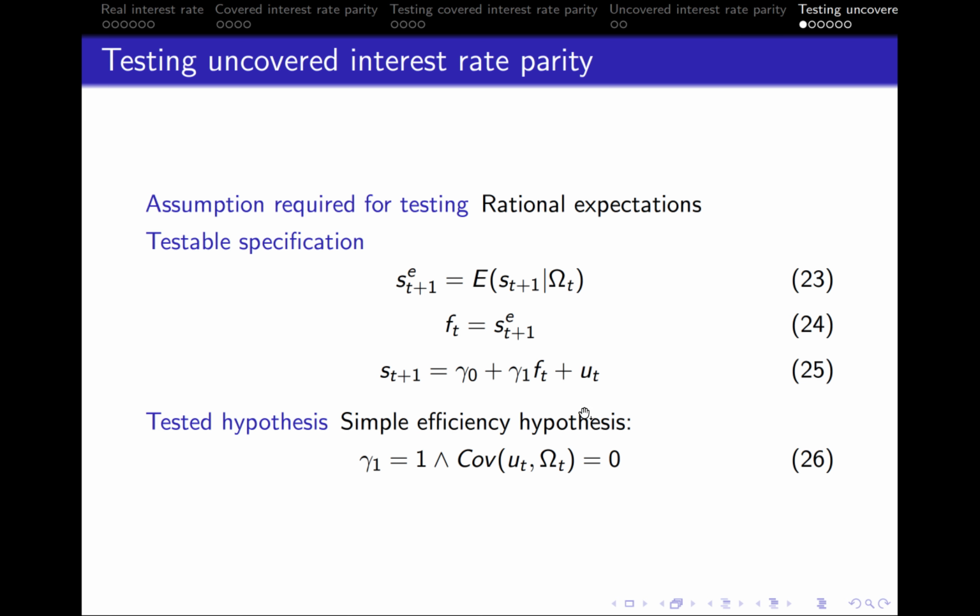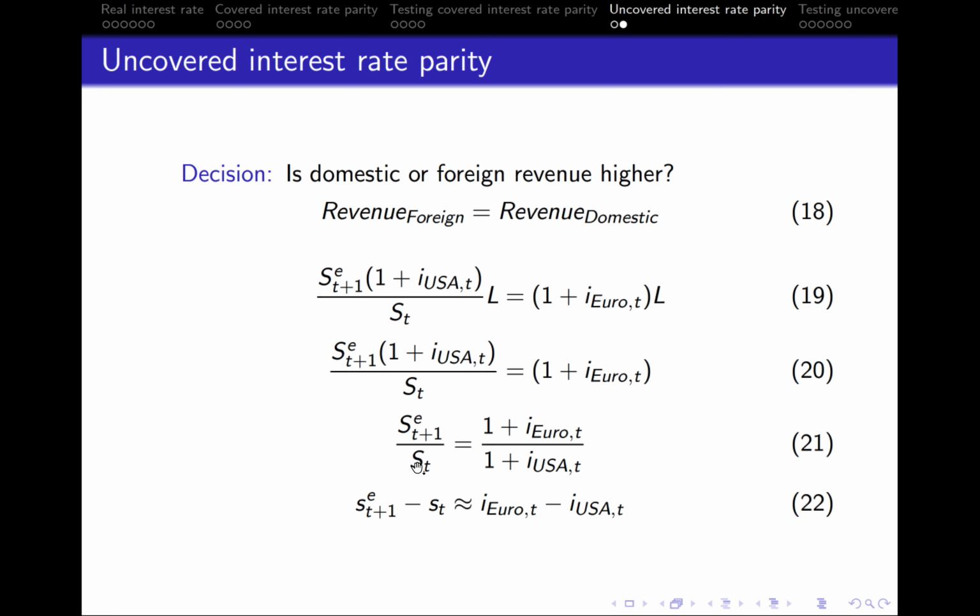Now, this condition is kind of a useless one in terms of application. Why? Look, because we cannot properly measure expectations. You can ask people what they expect. You can make surveys. You can use predictions of specialists. Usually, we average predictions of specialists to do so, but we can never get an exact and, let's just say, unbiased and commonly accepted measure of expectations, which is of course a very big problem